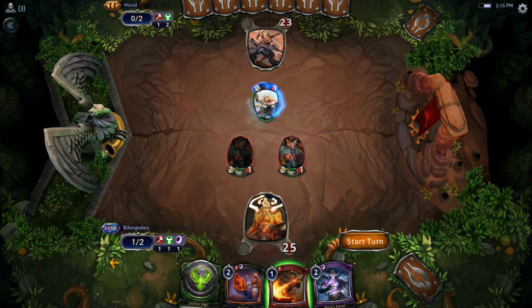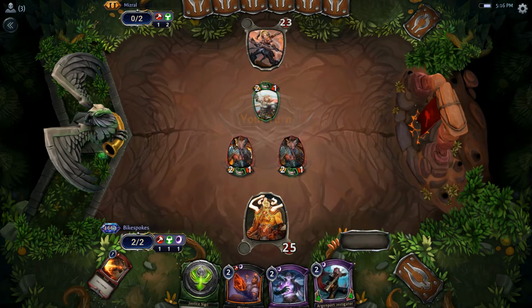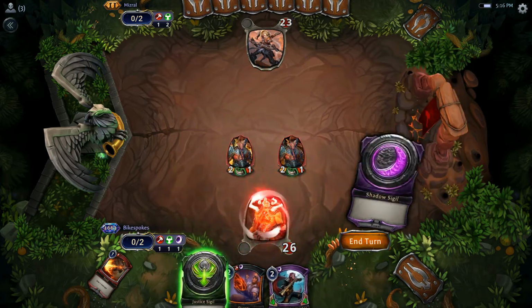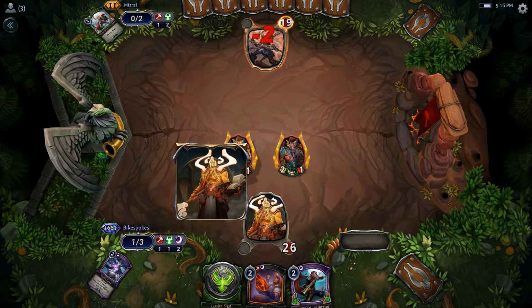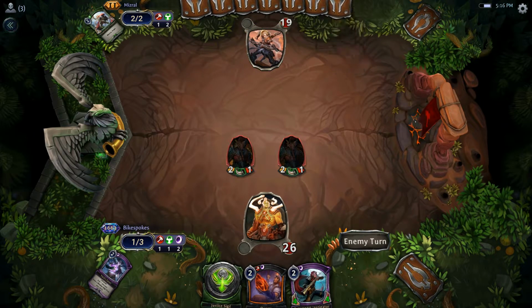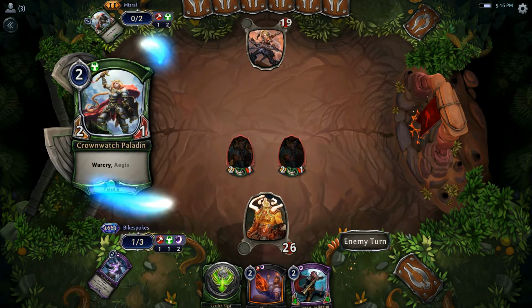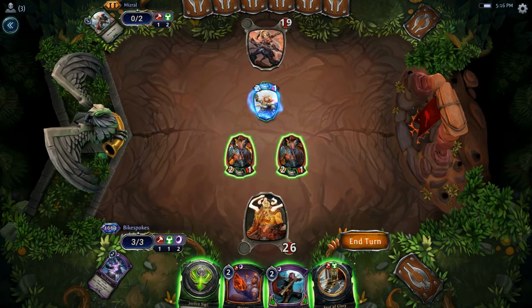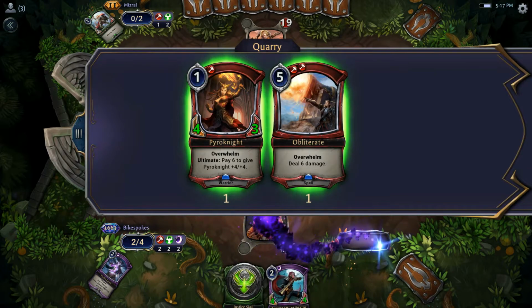That's actually totally fine. So we'll torch it here, and then we're gonna Vara's favorite. And I'm gonna play that land to make him think that I have more cards that can do things in my hand. By playing the Shadow Sigil instead of the Justice Sigil, he now doesn't know that this is a Justice Sigil, so he thinks I have one. Well, now he's gonna know that I have more lands in hand, but